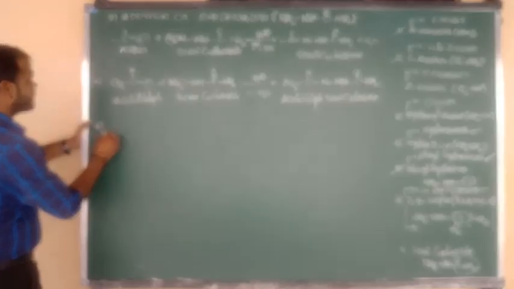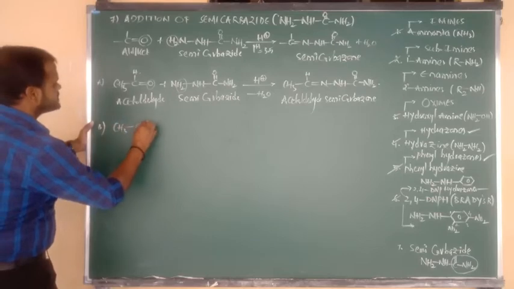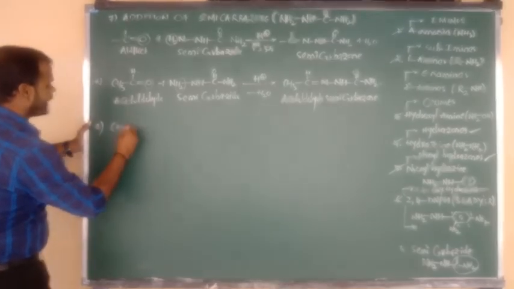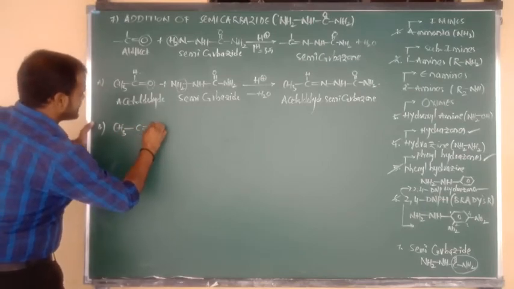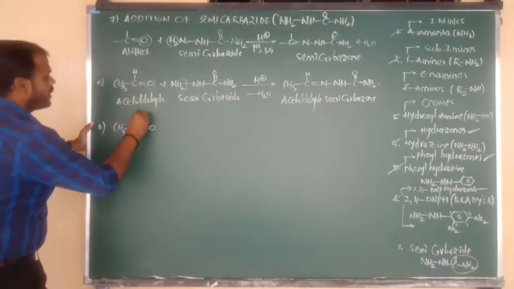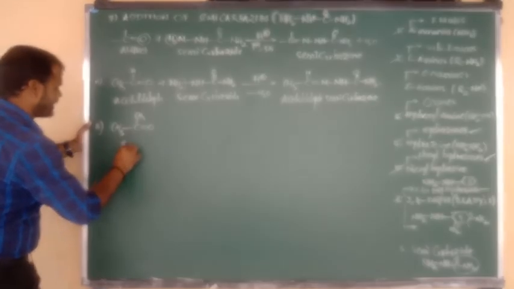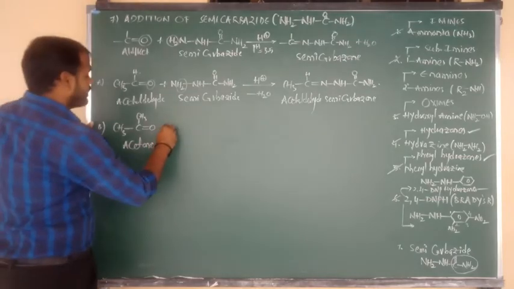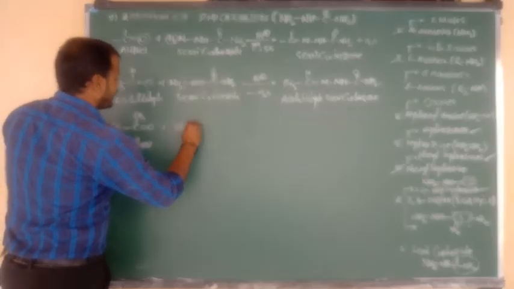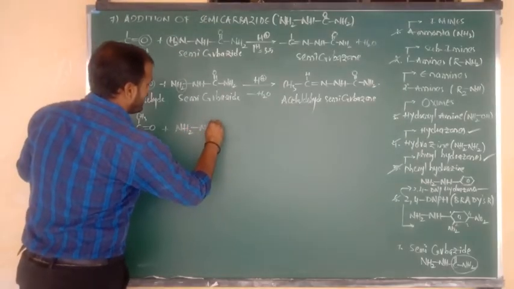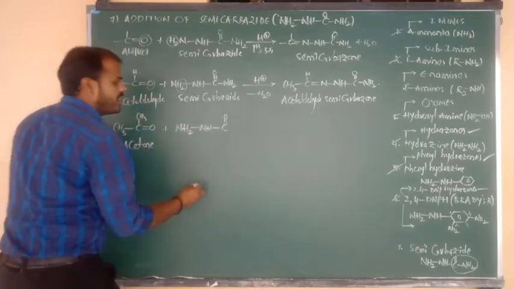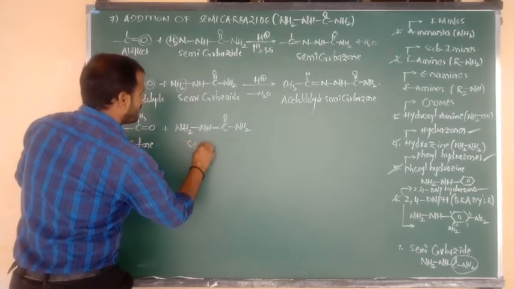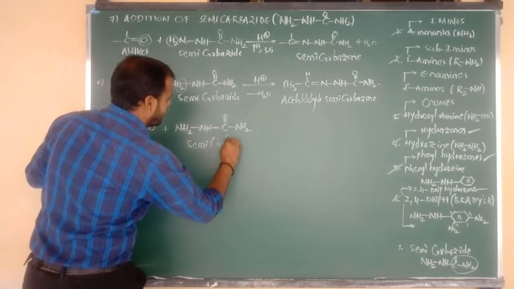Next, one more example from ketone. From ketone I am going to take the evergreen example, that is nothing but what, beta? Acetone. So CH3 bonded to C double bond O, above the plane we are writing CH3. What is the name of this compound? Acetone. Acetone upon addition with NH2 bonded to NH, NH bonded to C double bond O NH2. So the name of this compound is called semicarbazide.